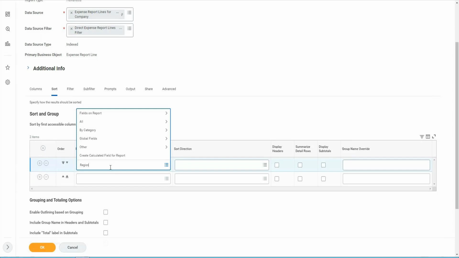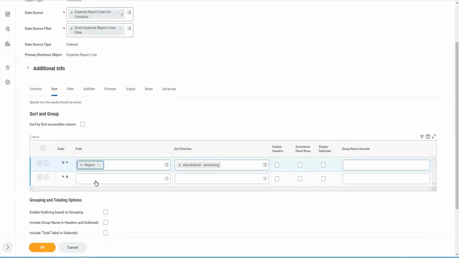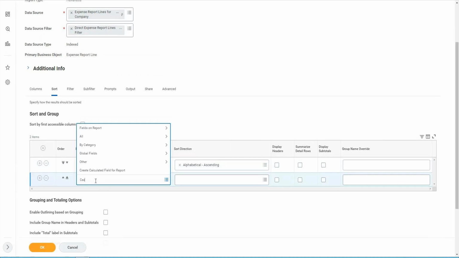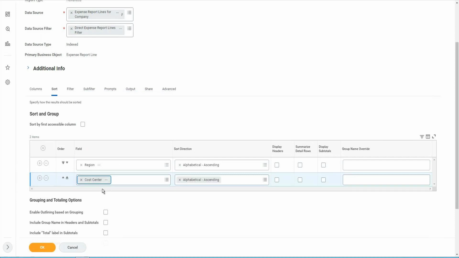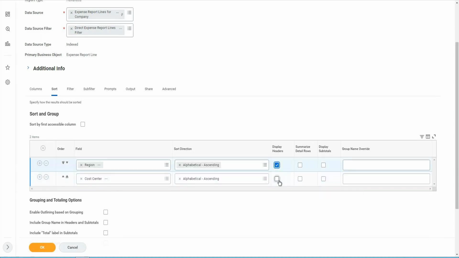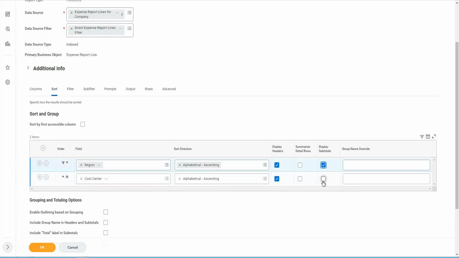Region and a cost center. And what that means is I'm going to have the sorting on the basis of these two areas, region first and then the cost centers. And then I wanted to put it as a display header, right? And I wanted to put our display subtotal,